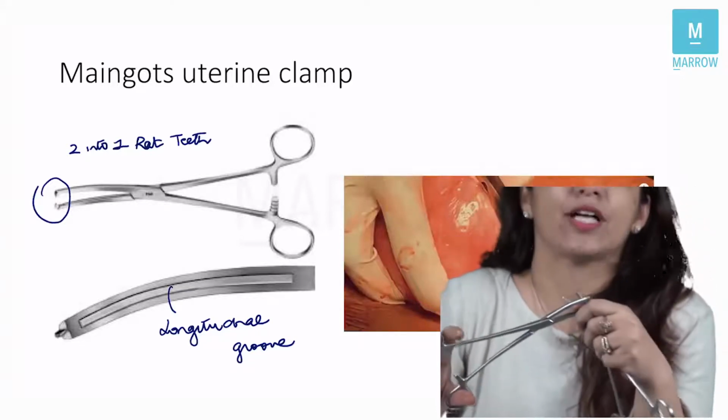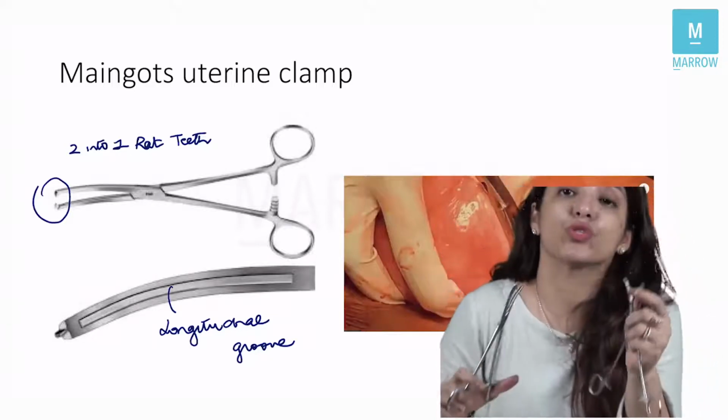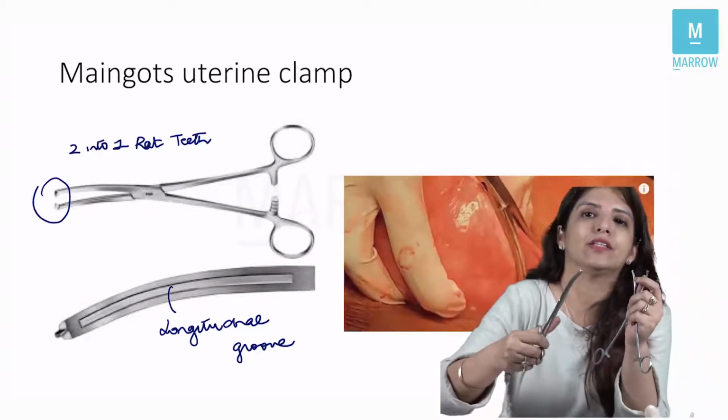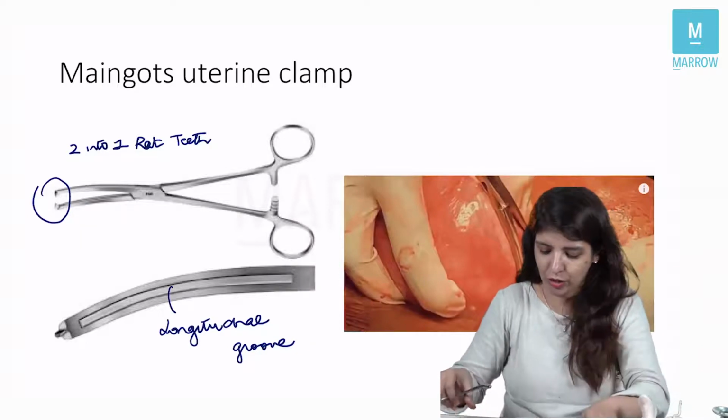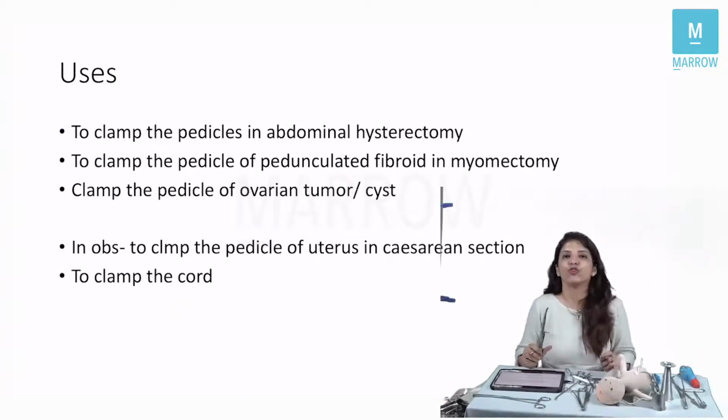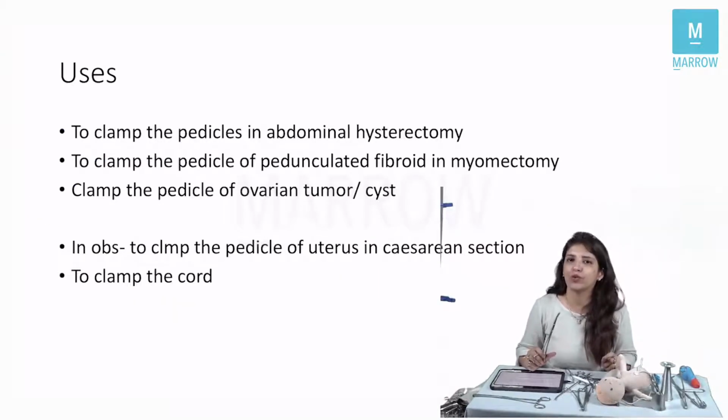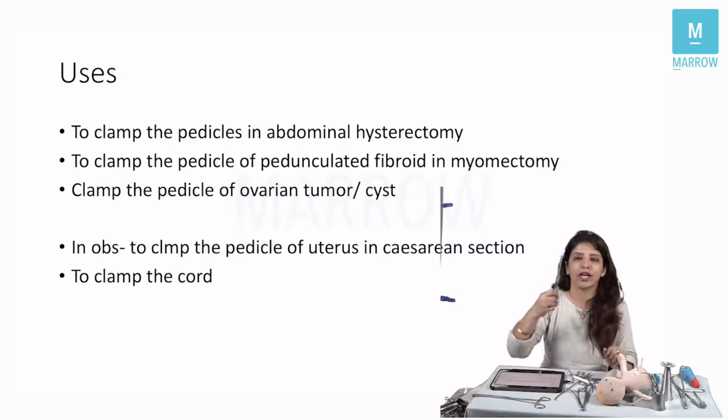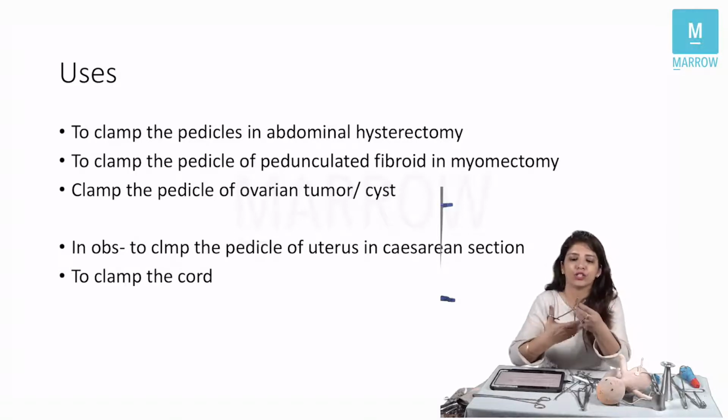Use of Mangot's forceps is also for holding the pedicles during hysterectomy, right? So if you want to hold pedicles during abdominal hysterectomy, or you want to hold the pedicle of an ovarian cyst or an ovarian tumor, or you want to hold the pedicle of a pedunculated fibroid, then instead of using Kocher's forceps, you can also use a Mangot's